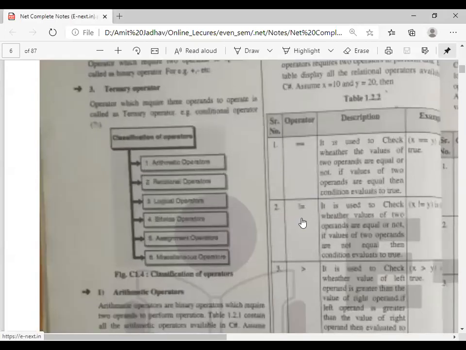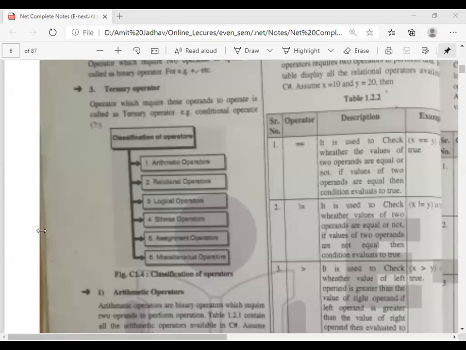The next relational operator is not equal to. Not equal to checks whether the two values are not equal. In the same example, if x not equal to y, then we write this statement, and else we write this statement.